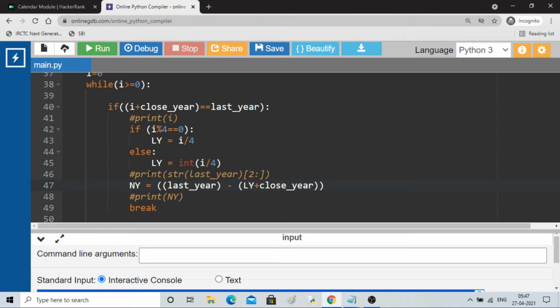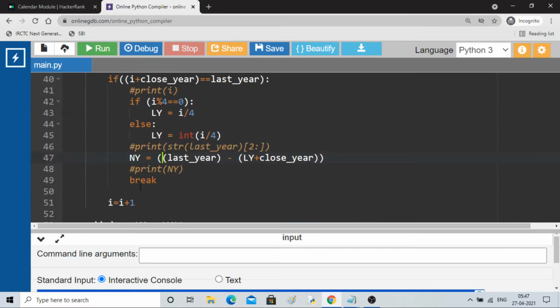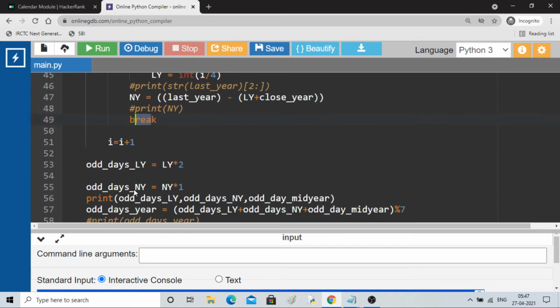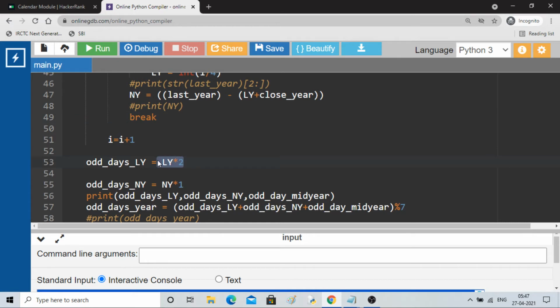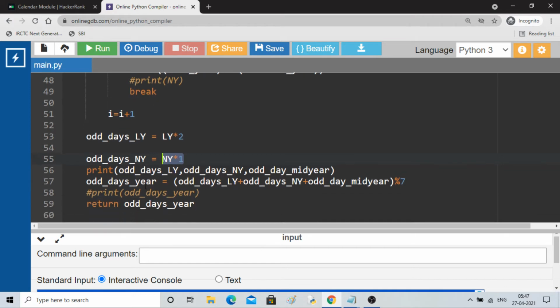Once you have leap year and normal year, you break the loop, and then you start multiplying: multiply 2 for odd days for leap year, multiply 1 for odd days for normal year. Now you have all the odd days from year. Here you are getting from leap year, here from normal year, here from mid year, and from century year it is 0.